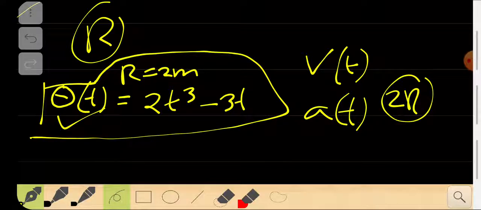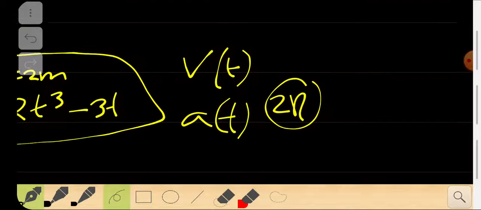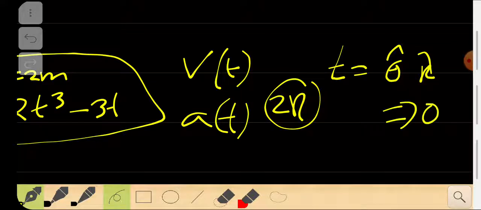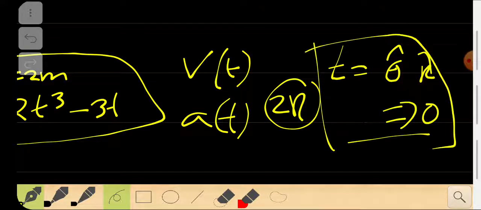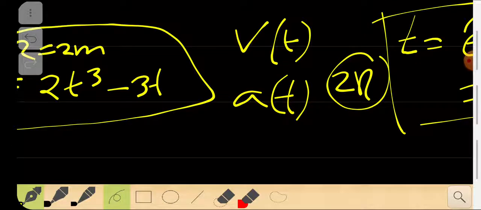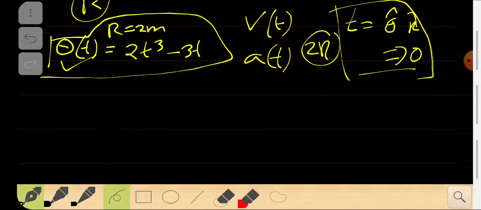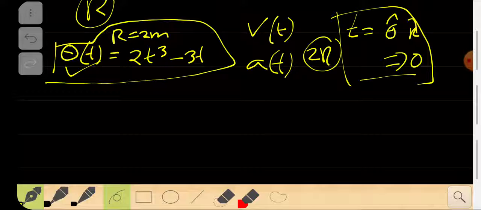This is the thing that I need to find out, and I can also find out the time when the acceleration in the theta cap or r cap direction is 0. So you can also do that. If the acceleration is 0, when will it have 0 acceleration? This might seem hard for you guys, but this is very easy. How can you do that? All you have to do is just substitute those values into the equation, right? All I'm going to do is that.